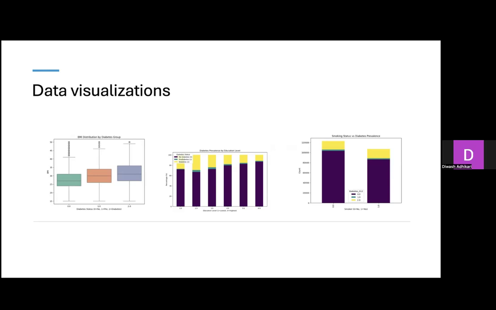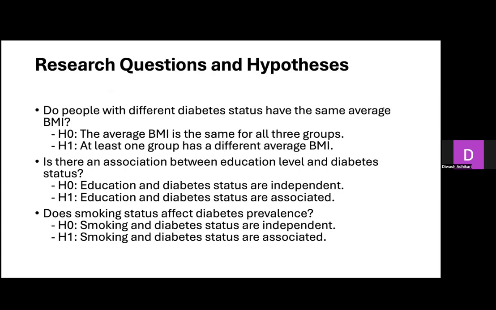These exploratory data insights motivated our formal hypothesis testing, and our research questions were: do people with different diabetes status have the same average BMI? For that, we set up a null hypothesis as the average BMI is the same for all three groups, and the alternative hypothesis as the average BMI differs in at least one group. For another question, we set up this question as, is there an association between education level and diabetes